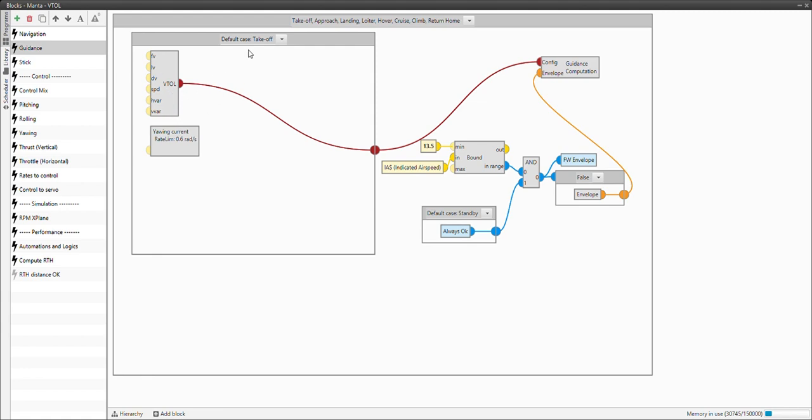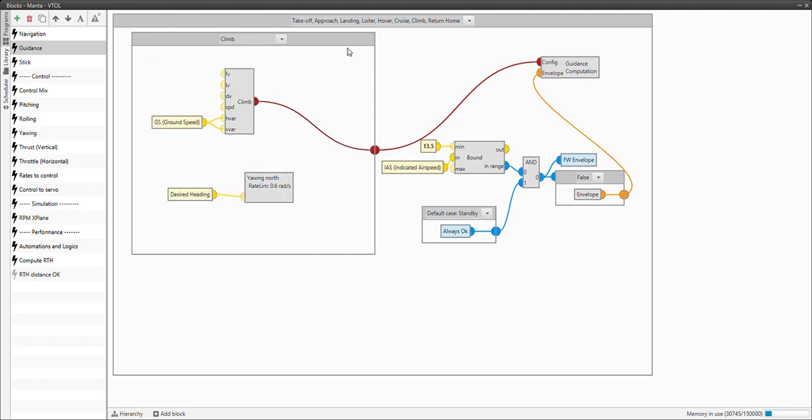For example, the takeoff is a mainly vertical phase, so we will use an eVTOL type block, and the same will happen for the landing. While for the climb, we have a different type of block program, which is called climb, in which the platform will follow some determined